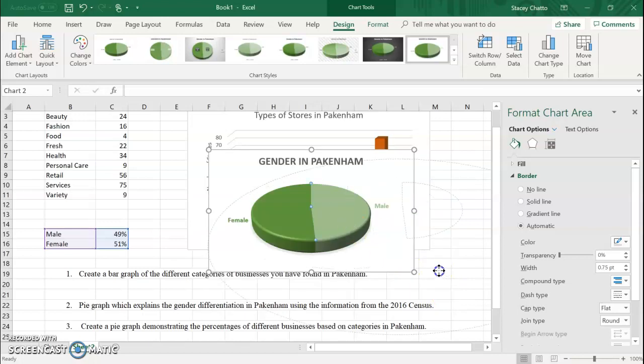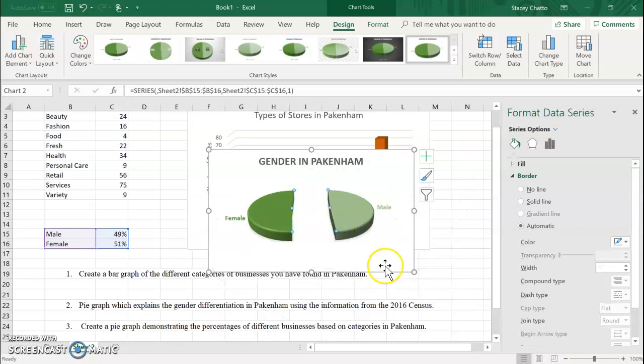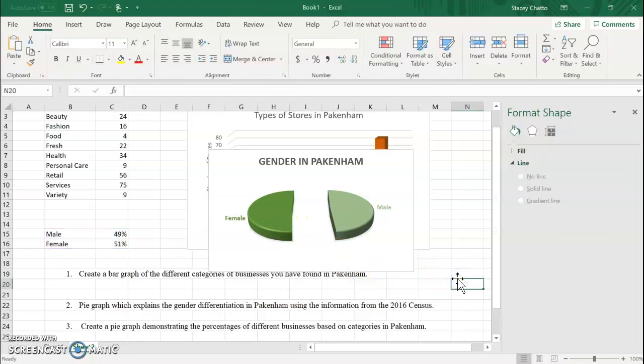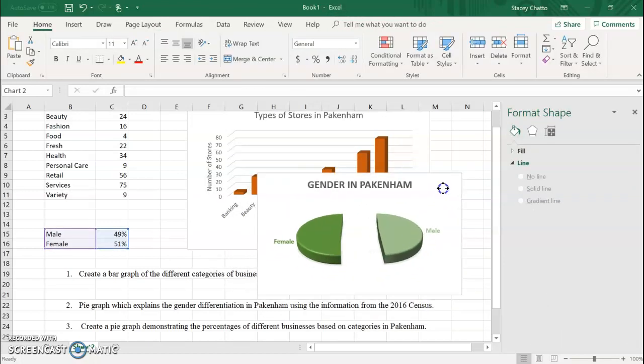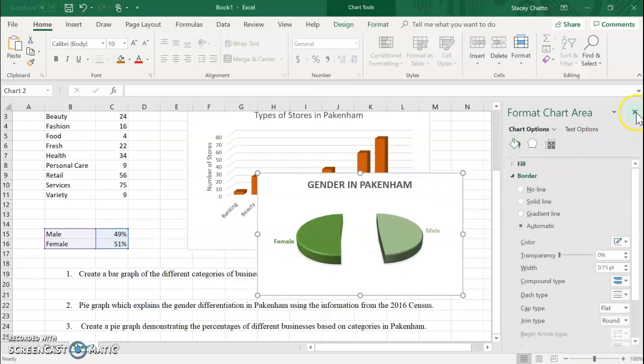There's your second one done. Alright. Oh, you can even change the size and you can separate it. Look at that. So you can do some pretty cool things. You can have a play around, guys. I encourage you to have a bit of a play around because this is a really good opportunity for you